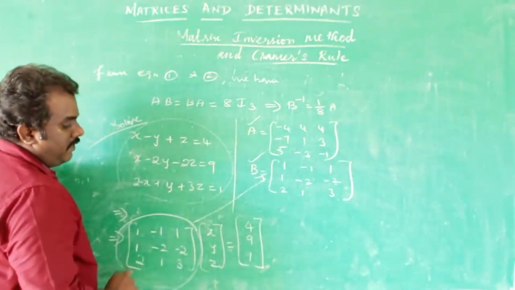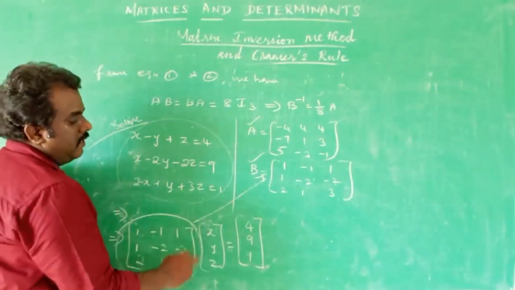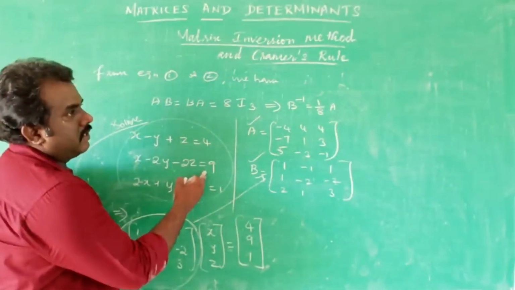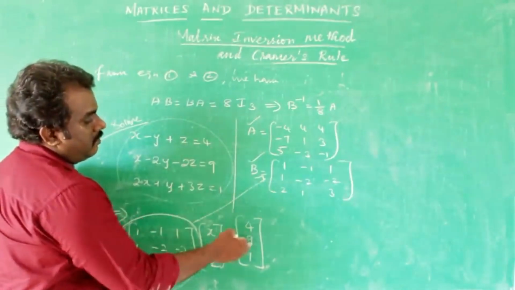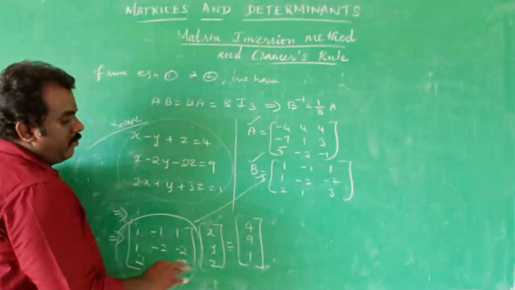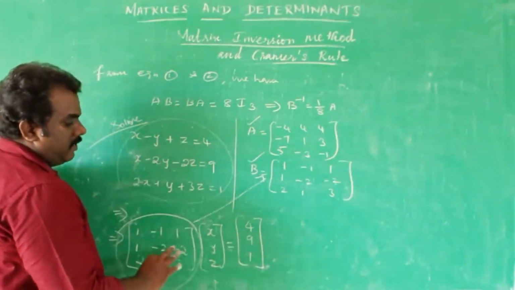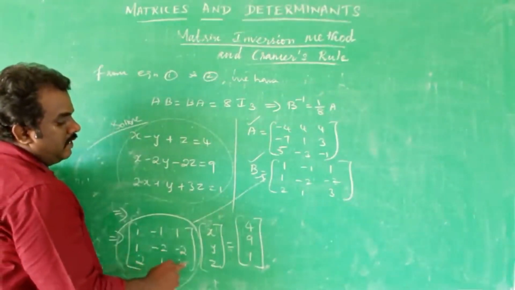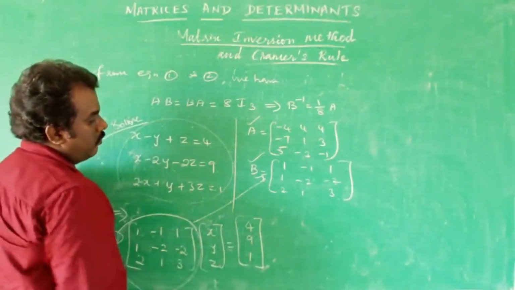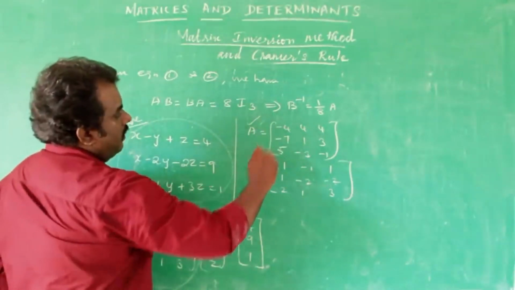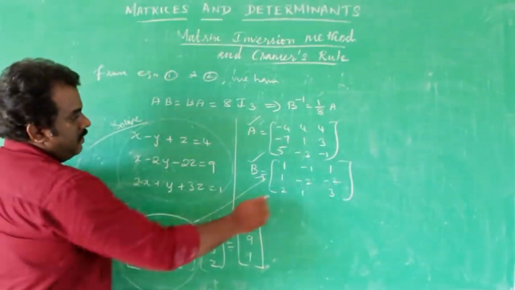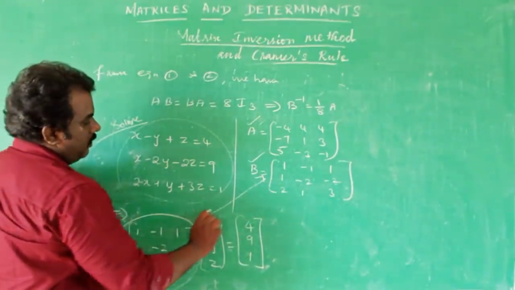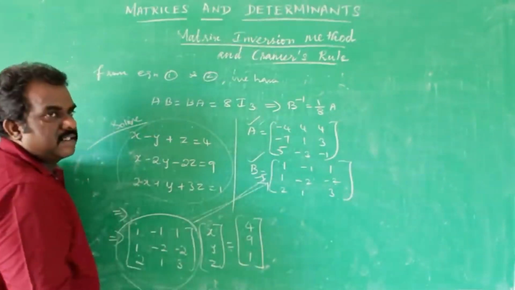So I'm using that form and we are writing the coefficient matrix along with the unknowns is equal to what is on the right hand side of the equals, which can be taken in the matrix B. That should be in the form of a matrix. The matrix formula, right formula, that's all. So 1 minus 1 1, 1 minus 2 minus 2, 2 1 3 into x y z is equal to 4 9 1. So what are our given matrices A and B? Check this matrix with the given matrix B. This is completely equal with our given matrix B.